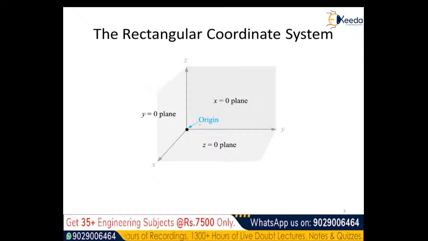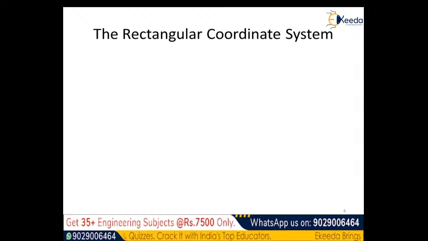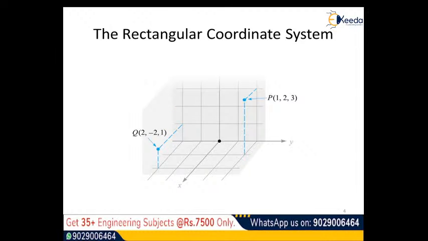Now the question will come to your mind: what are the references in the case of the cylindrical coordinate system, and what are the references in the case of the spherical coordinate system here? Now we shall move further to see how we represent the position of a simple point